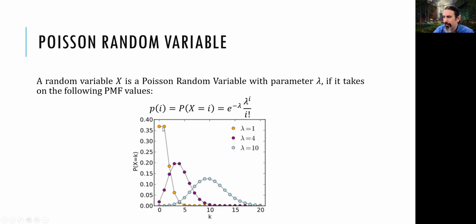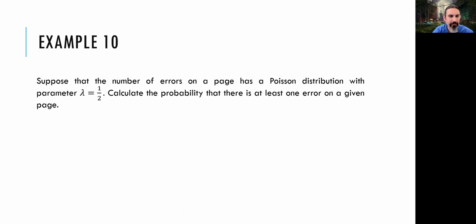For example, for lambda equal to 1, it goes down like this. For lambda equal to 4, it goes up a bit, then goes down to infinity. For lambda equal to 10, it goes up a bit and then starts going down. So as lambda grows, your route to the top side is going to be further and further away, as you can see from here. But the graph part is not our concern right now. We're going to be using the formula, the function, extensively anyway.